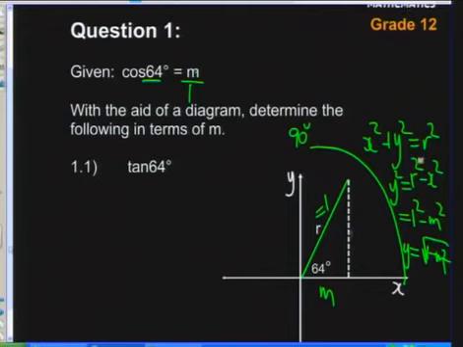Actually, if you square root, you get plus or minus, y equals plus or minus the square root of 1 minus m squared. But because the y-axis is positive, I take the positive one. Now, let's see what I can do with this. I've turned 64. I can use